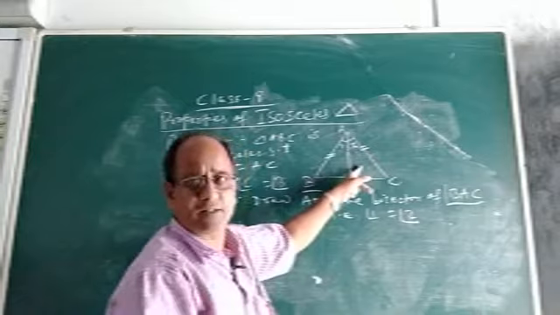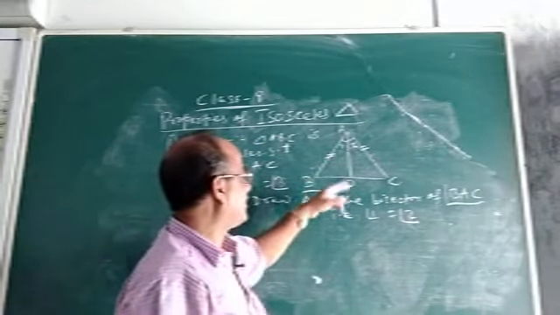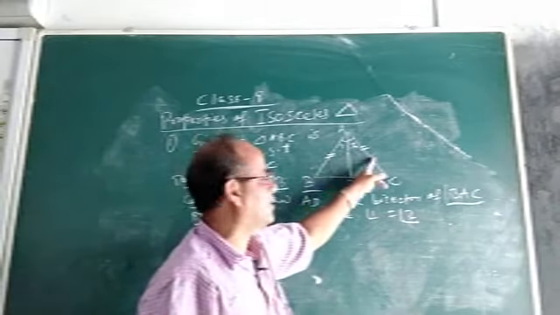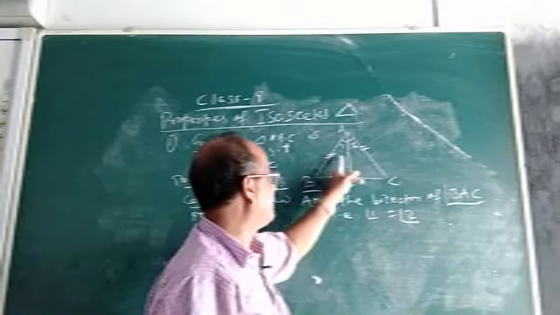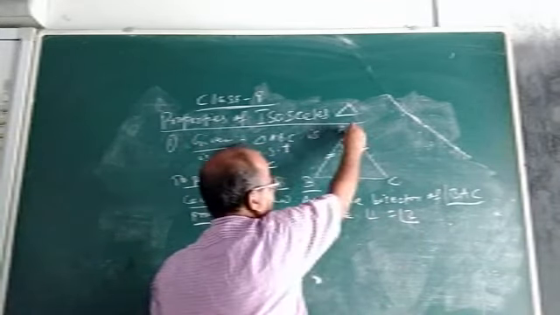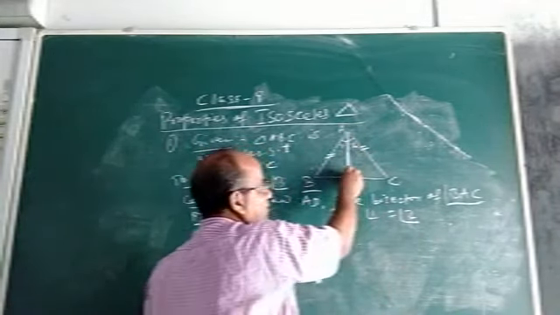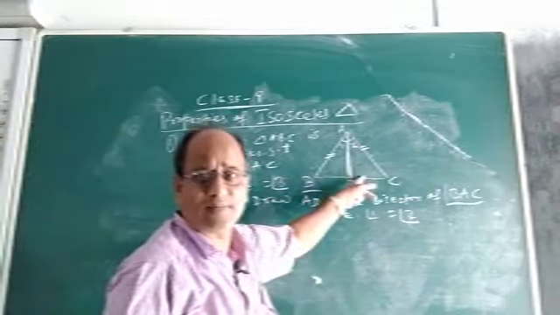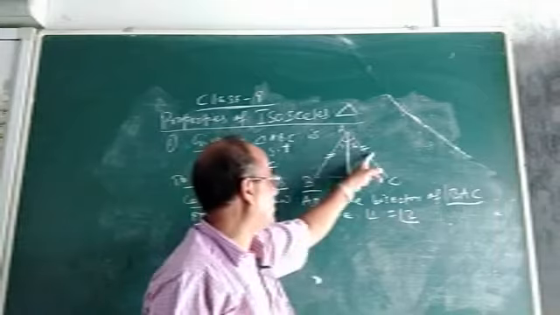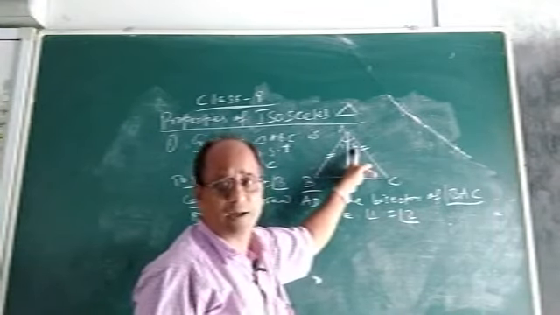See, in the previous class, look at this triangle and this triangle, you are given AB equal to AC. Angle 1 is equal to angle 2 by construction. And what about AD? AD is the common side, because it is present in both the triangles. So AD is common, AB equal to AC and angle 1 equal to angle 2 by construction.